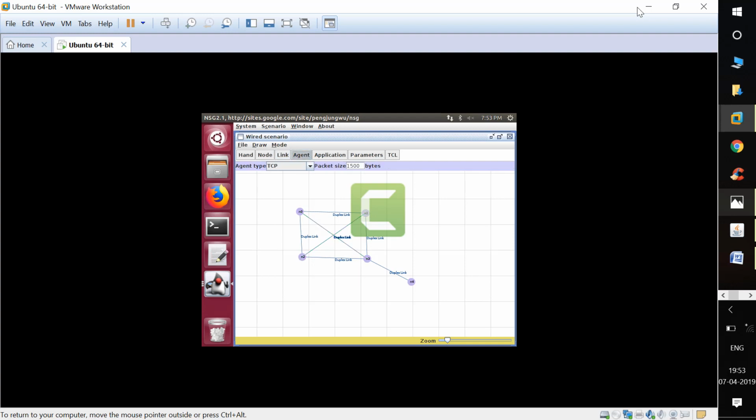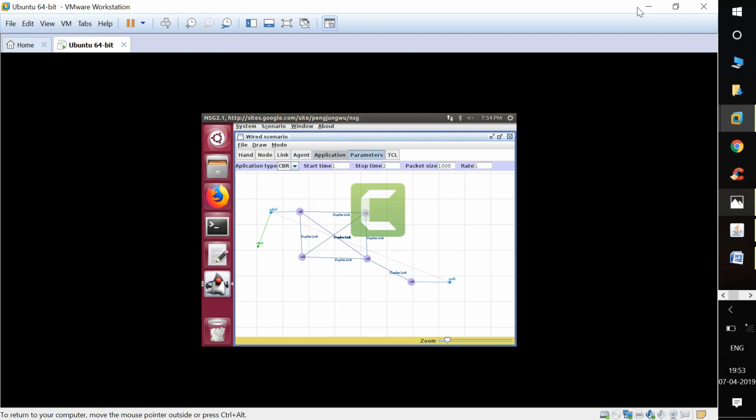I'll make a source connection. UDP I will connect here. This I will make a null connection. Application, CBR I am going to connect. This is a network. I need to connect the agent. Here I can't apply the cost. I will apply the cost once I save the file. We can't apply it in this software.